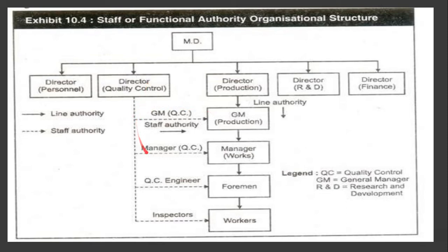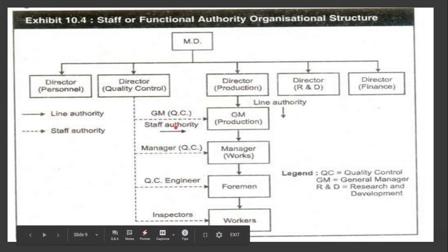So dotted line shows the staff authority. Here you are seeing line authority is indicated with a straight line, whereas the staff authority is indicated with the dotted lines. So these dotted lines indicating the staff authority, and they are helping hand to different